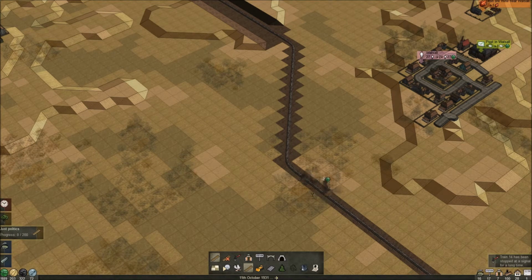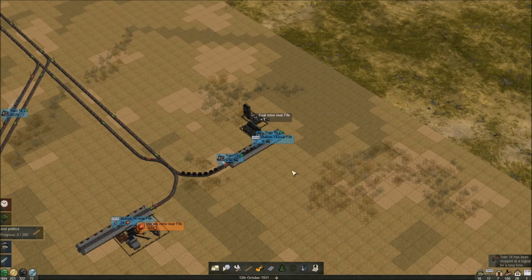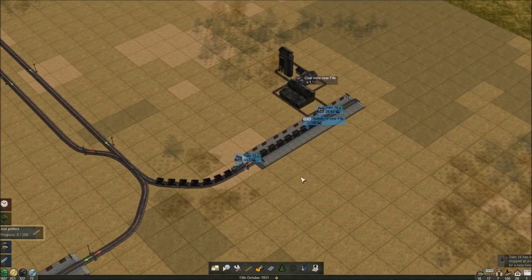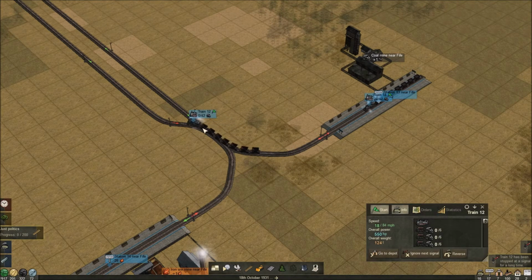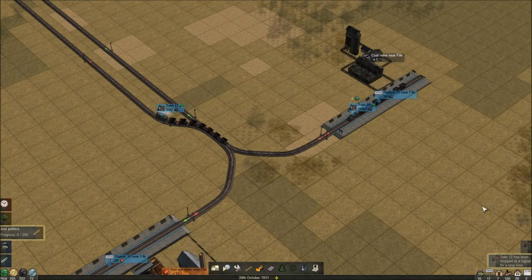Great. Alright, train 14 has been stopped at a signal for a long time. Oh no! How did that happen? Why? Yeah. That is why I wouldn't want to have that. Now what's going to happen? Yep, he's not going to be able to get down. You can go through that signal. There you go. So...